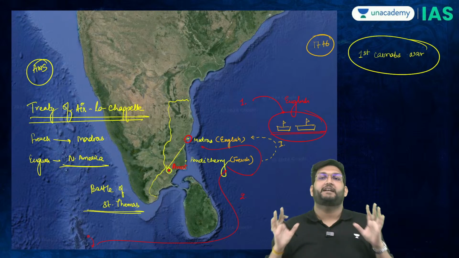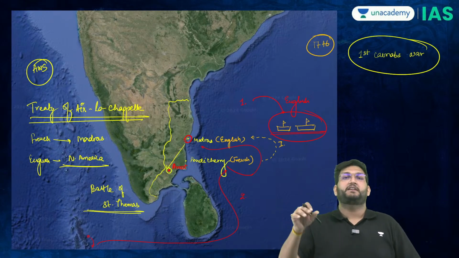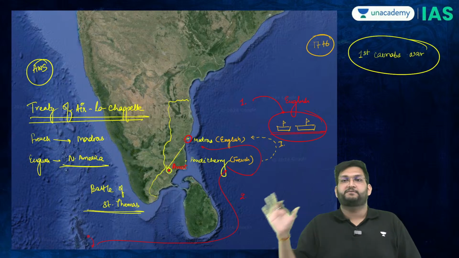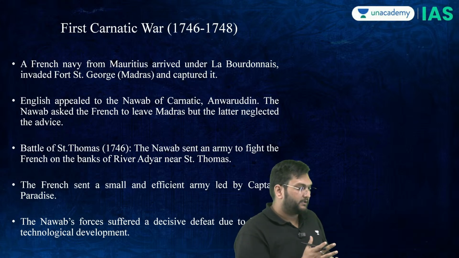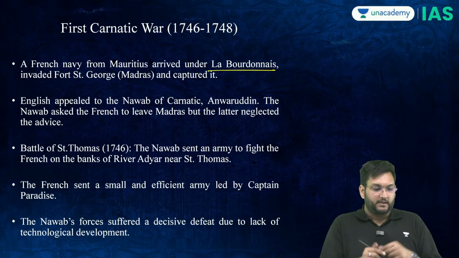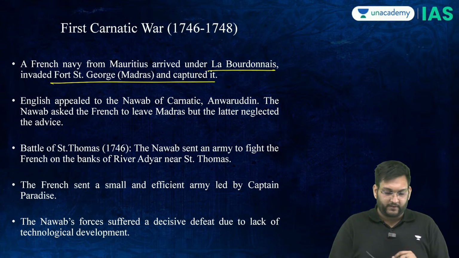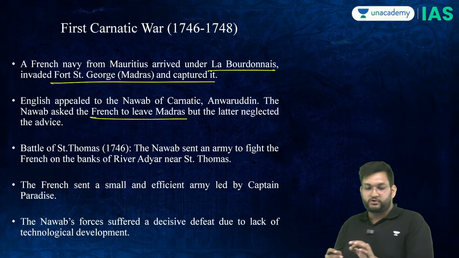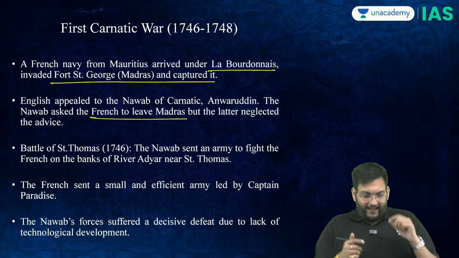This is called the first Carnatic War. It starts with British aggression, and ends with the Treaty of Aix-la-Chapelle, in which everybody comes back to their own space. Now, just to add more detail, La Bourdonnaise is going to come. He is going to invade Fort St. George and capture it. Thereafter, Anwaruddin is going to be sent on behalf of Dost Ali, and at the